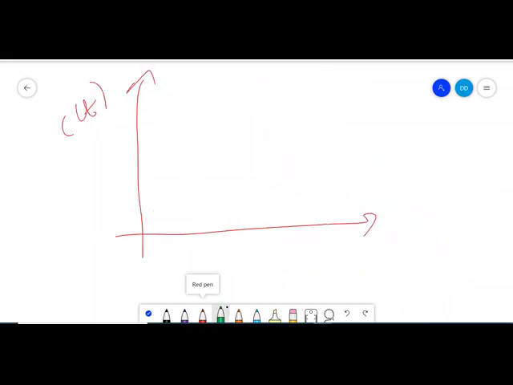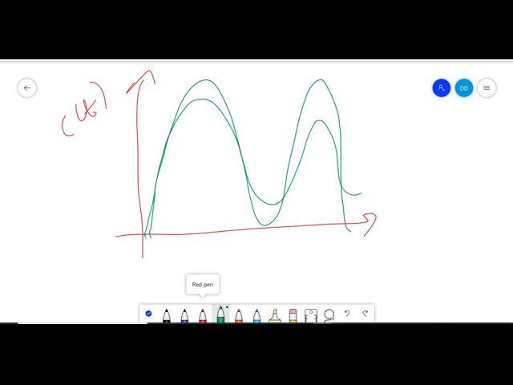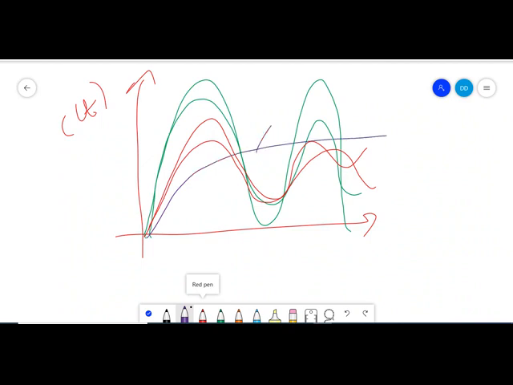So we will see what happens to the response, how the response looks. For delta equal to 0, we will have a response like this. If delta is equal to 0.1, the response will be like this. Next, if delta is equal to 0.2, it will again vary. If delta is equal to 0.6, again it will be of this kind. And finally,